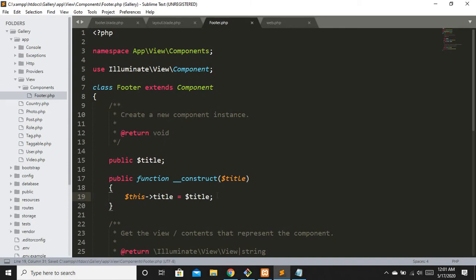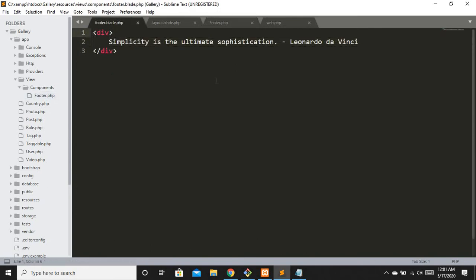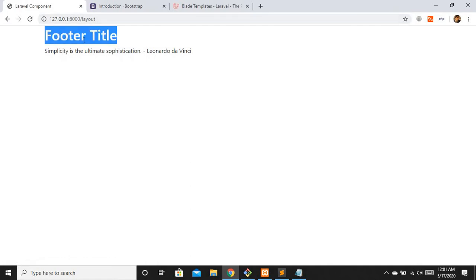Okay, and it should work right now. So now let's print our title on our footer page. Let's remove it, and let's say we have h1, and now let's have our title right here, $title. Refresh, and you can see we are having a title right here.